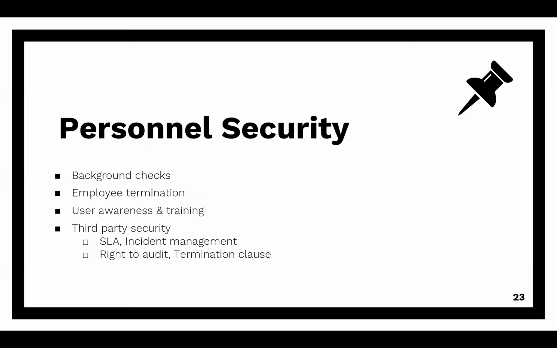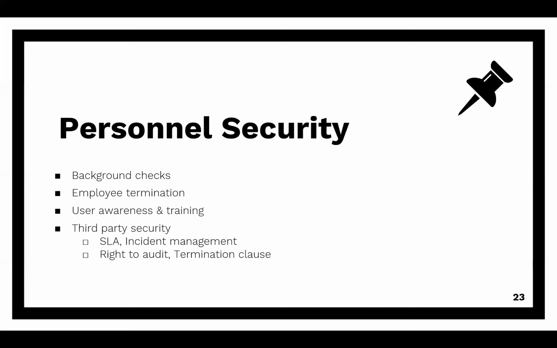Internal insiders are one of the biggest threats to the organizations. It's important to have enough controls in place to ensure personnel, whether they are internal or third parties, are vetted and cleared from security point of view before they have access to any of the systems and solutions within the company. Some examples in this category are background checks on the employees before hiring them, terminating employee access when it is needed and revoking all the access as soon as the contract is terminated,